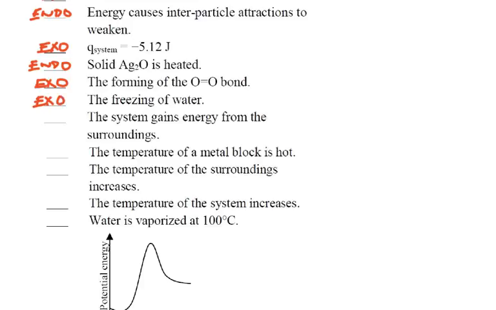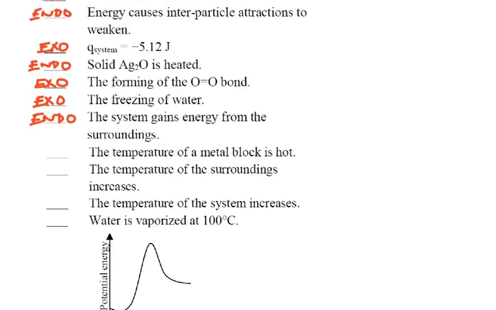Now that's a little confusing because you can think of it the other way. If I were going to melt some water, then I have to put energy into the water. That would be endothermic. But if I wanted to freeze, then I'd put it into a freezer where the surroundings would absorb the energy away from the water. So the water itself is exothermic. The system gains energy from the surroundings. That is the definition of endo,